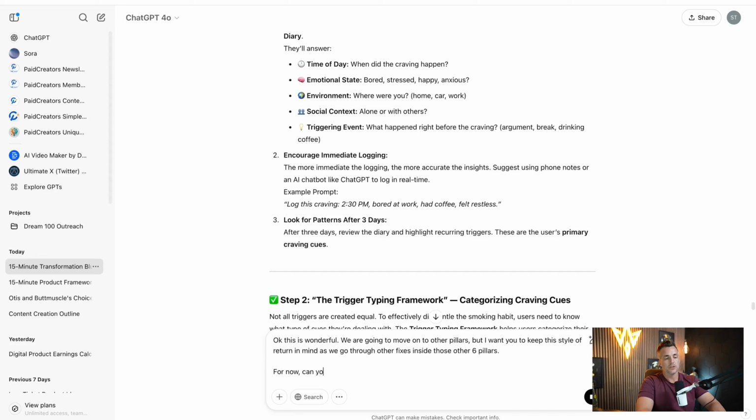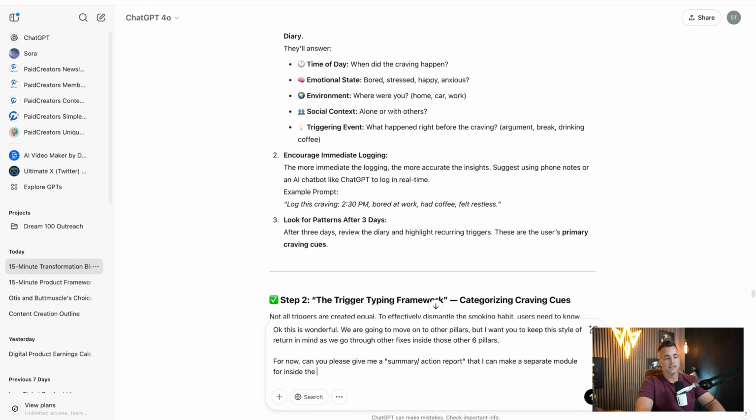For now, can you please give me a summary/action report that I can make a separate module for inside the trigger area that will summarize all of this and give them action steps.